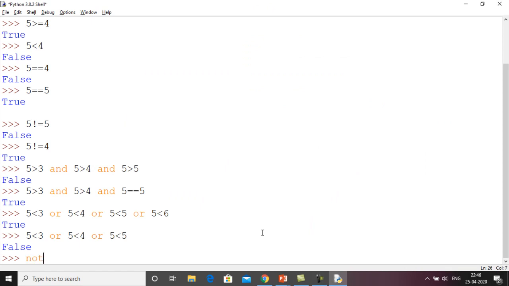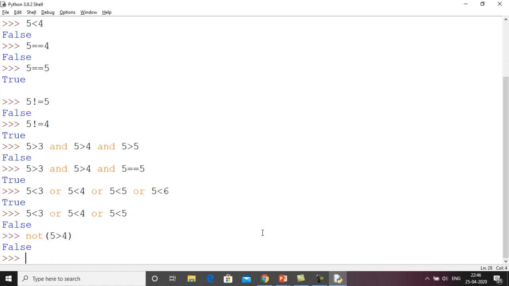If I write not 5 is greater than 4, you know that 5 is greater than 4 is true, but outside of it we have written not. So the work performed by this not operator is to reverse the result, and you will get false. And suppose you have written some false condition in it, suppose you have written 5 is less than 4, so it is wrong, but due to this not, it will reverse the result